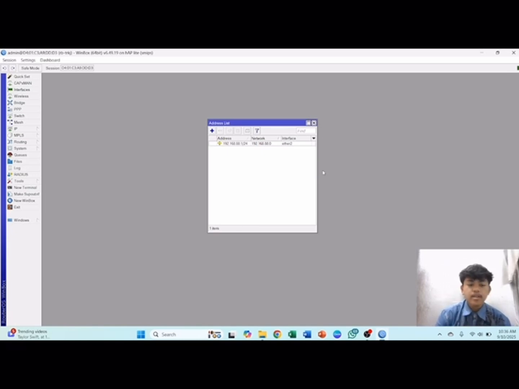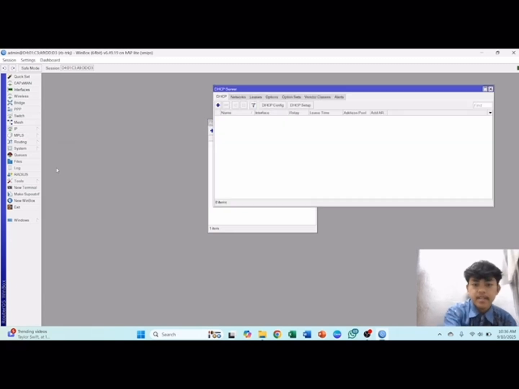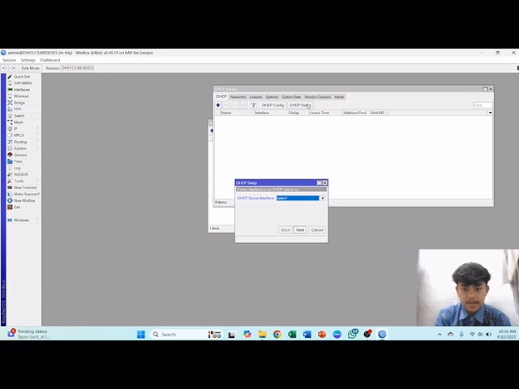After that, we configure the DHCP server on Ether 2. You can click IP and DHCP server, and then DHCP setup, with the server interface Ether 2, so that the laptop can get an IP address.